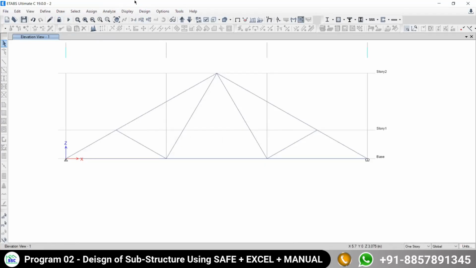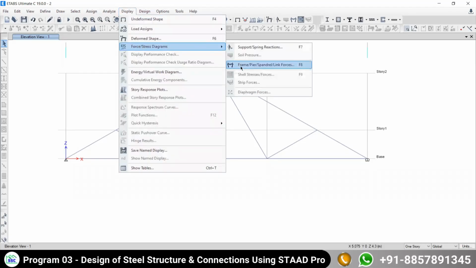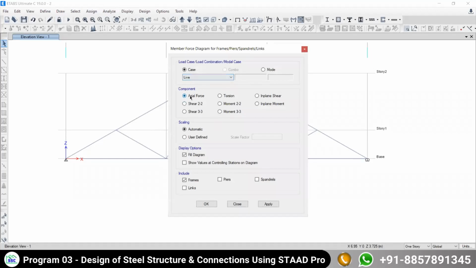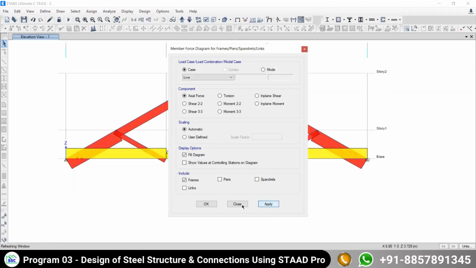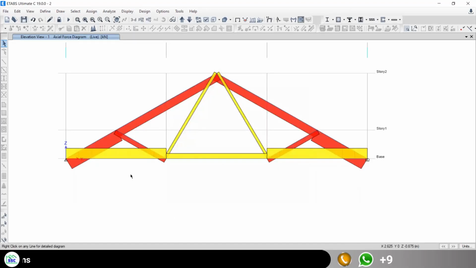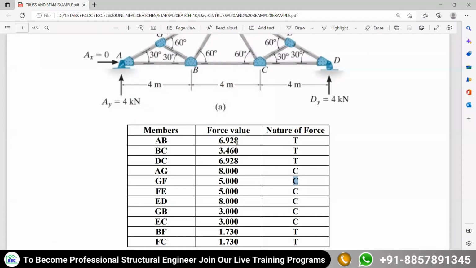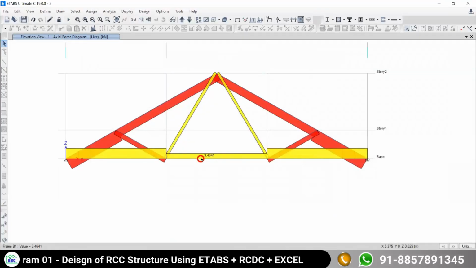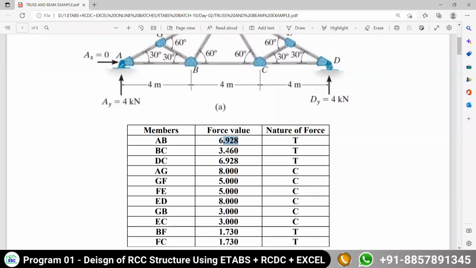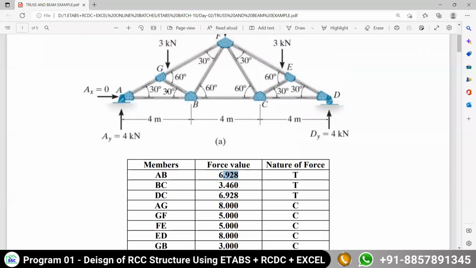Now I want to see the axial forces in the member. So go to display, go to force stress diagram, go to frame, axial force and fill diagram, frame, say apply, close it. Now see, come to this 6.9282. Go to this, 6.928 tension. Then in this 3.4641,